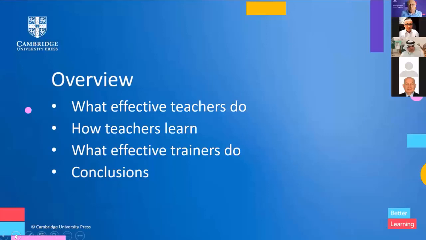We talk a lot about how our learners learn, how students learn, but something that perhaps we don't consider enough is how teachers learn and how teachers develop. And once we have an understanding of the first 2 points, what it is that effective teachers do and how teachers learn and how teachers develop in our profession, then that has a direct link, obviously, with what we as effective trainers do. In other words, the processes that we need to go through in order to help teachers to develop. And I hope that by the end, we'll be able to make some conclusions as well.